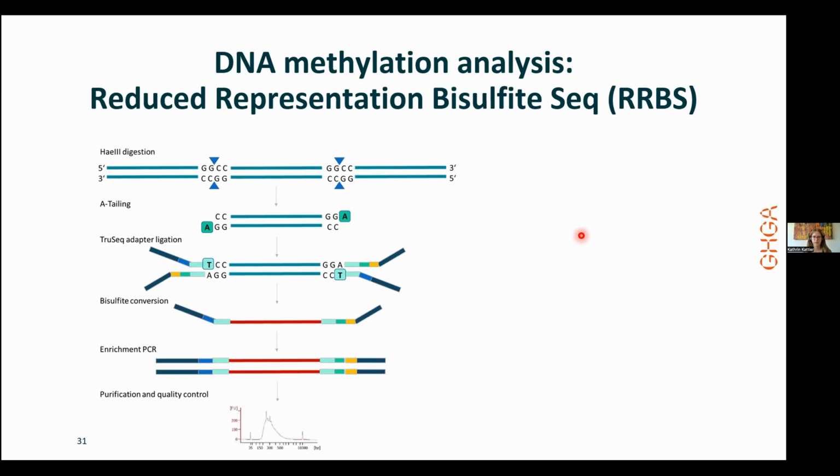So a method which tries to reduce the costs is reduced representation bisulfite sequencing. Here we make use of the fact that CpGs are mostly enriched in CG-rich regions. So we can use restriction enzymes which specifically cut in CG-rich regions, and then extract just these parts of the genome. For example, here we have HpaII. This is an enzyme which cuts within the sequence CCGG. Here it is, it will cut